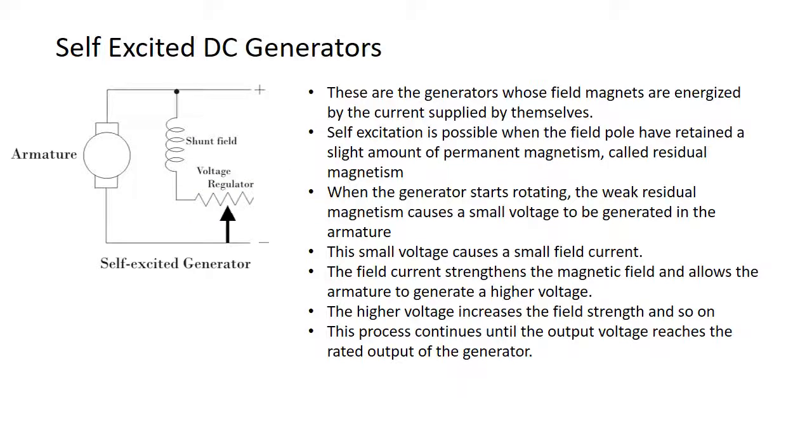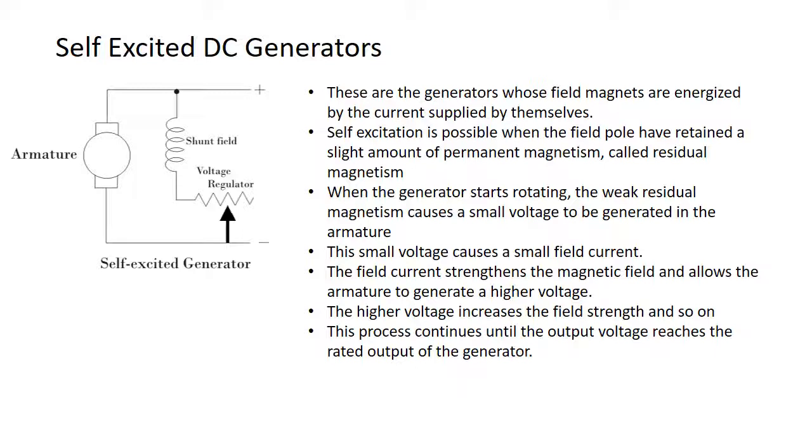When voltage is applied to the field windings of a DC generator, current flows through the windings and sets up a steady magnetic field. This is called field excitation. The excitation voltage can be produced by the generator itself, or it can be supplied by an outside source, such as a battery. A generator that supplies its own field excitation is called a self-excited generator. Self-excitation is possible only if the field pole pieces have retained a slight amount of permanent magnetism,